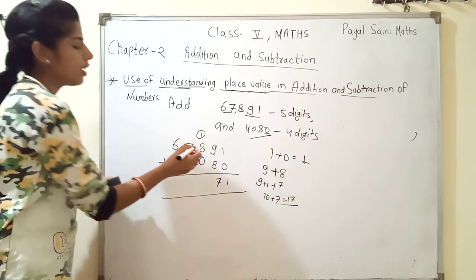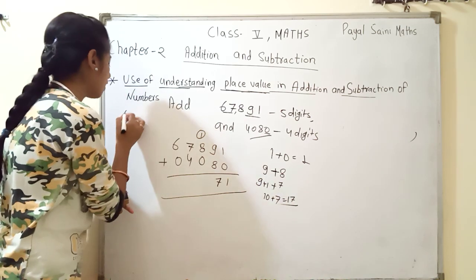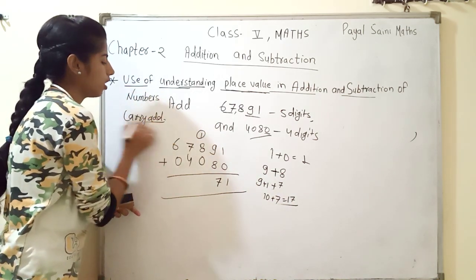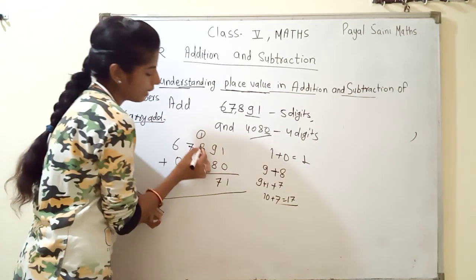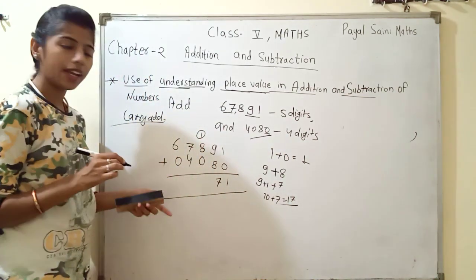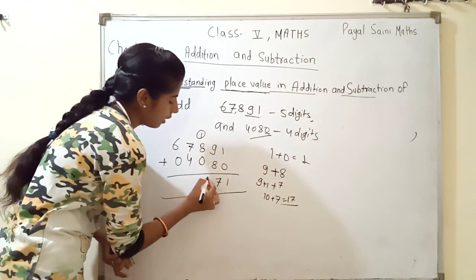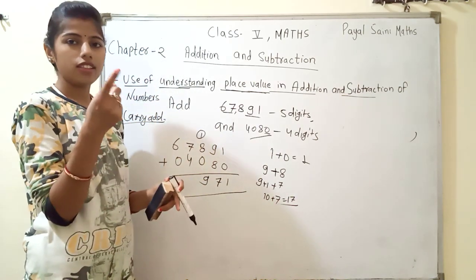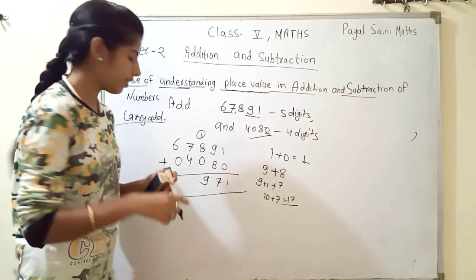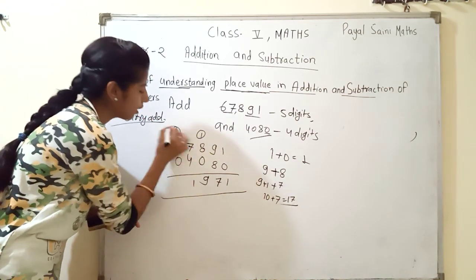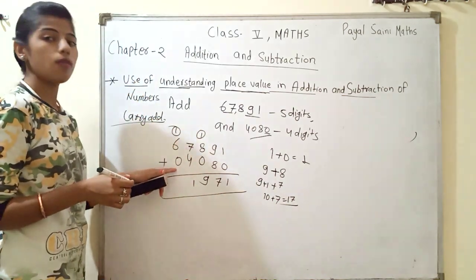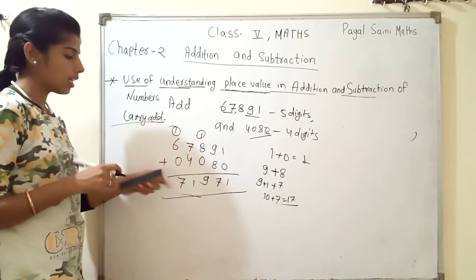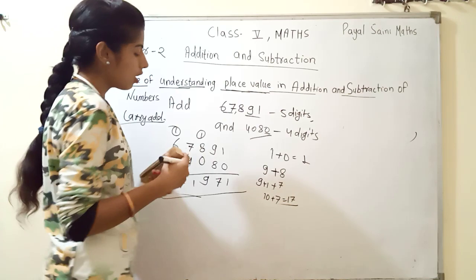We know that when it's carry, then it's carry addition. Addition of carry by carry, then 8 plus 0 is 8, 8 plus 1, then 9. Now 7 and 4: 7, 8, 9, 10, 11, then 11, 1 and 1 carry over. 6 plus 0, 6, 6 plus 1, 7. That is our answer. In this, what is the value of place?